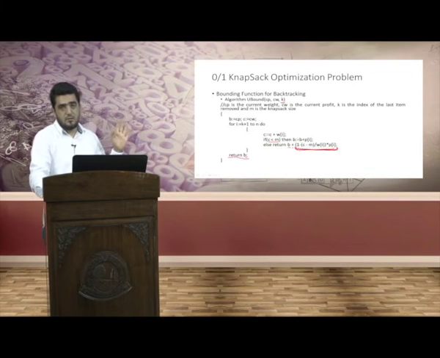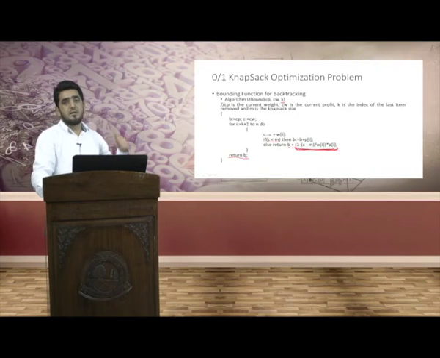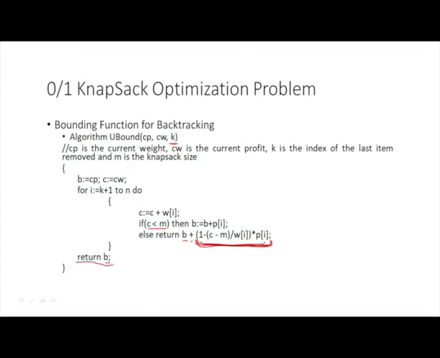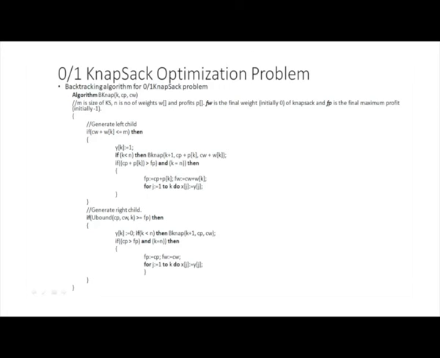So, this is the function which will give us the upper bound, and we will use this function in our backtracking solution to the 0-1 knapsack problem, which is given in the next slide. As you can see, we refer to this algorithm as BKNAP, that is the backtracking knapsack. K here is the item number for which we want to call this function. So, initially this BKNAP will be called as BKNAP